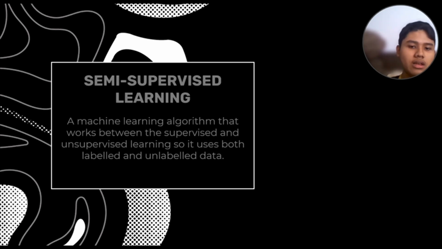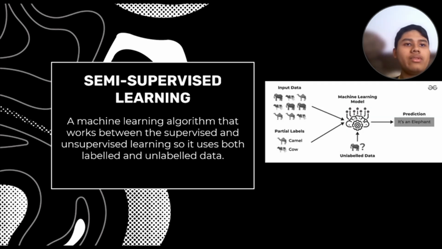Okay, so lastly, I want to talk about semi-supervised learning. In basic terms, semi-supervised learning is a mix between supervised and unsupervised learning. We use these techniques when we are dealing with data that is a little bit labeled and a large portion of it is unlabeled. We can use the unsupervised techniques to predict labels and then feed these labels to supervised techniques. This technique is mostly applicable in the case of image datasets where usually not all images are labeled.